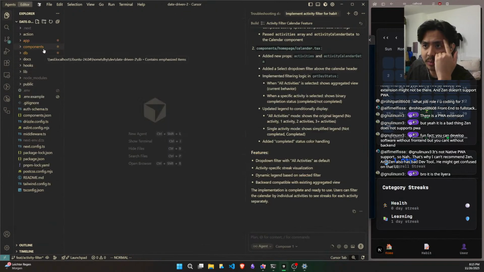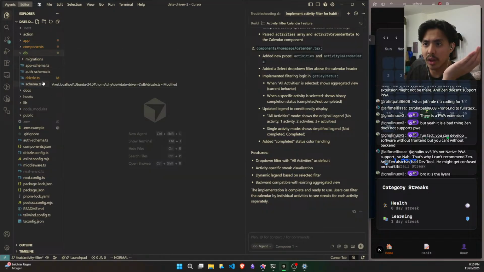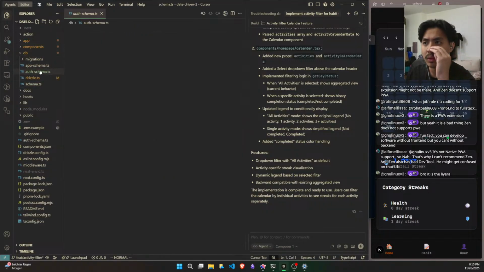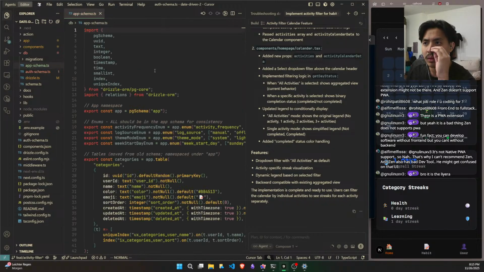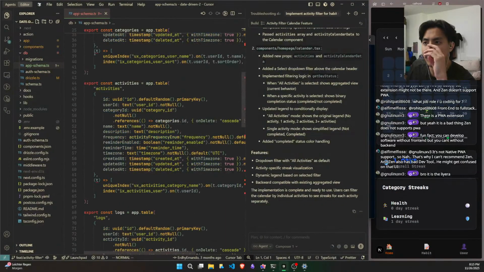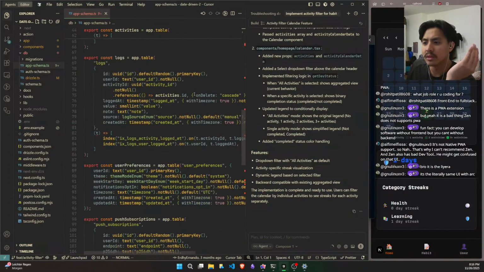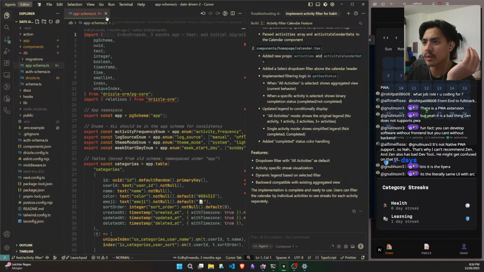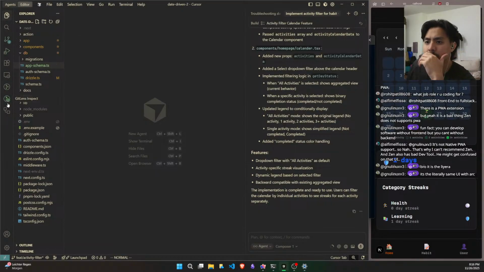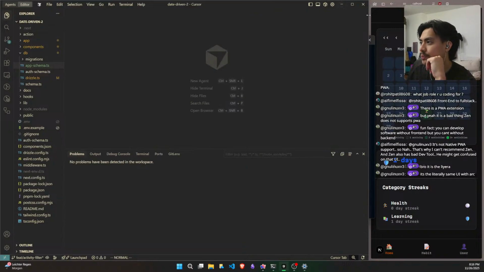Did I configure something wrong? Because it's not supposed to happen. I think there's some wrong config with the. Okay, you know what? We can just give this a try, shall we?